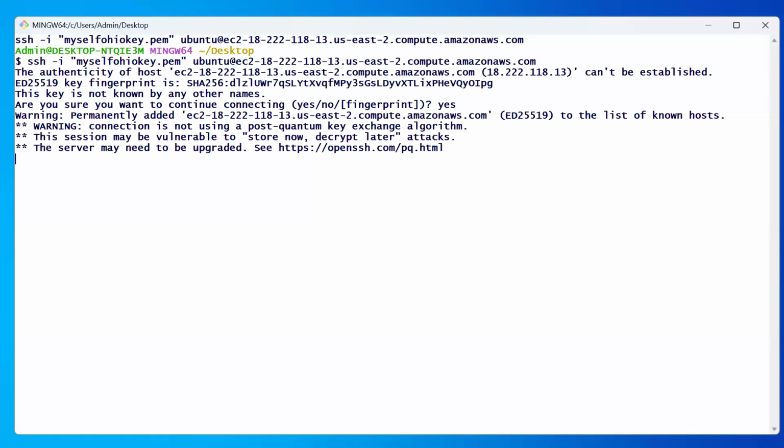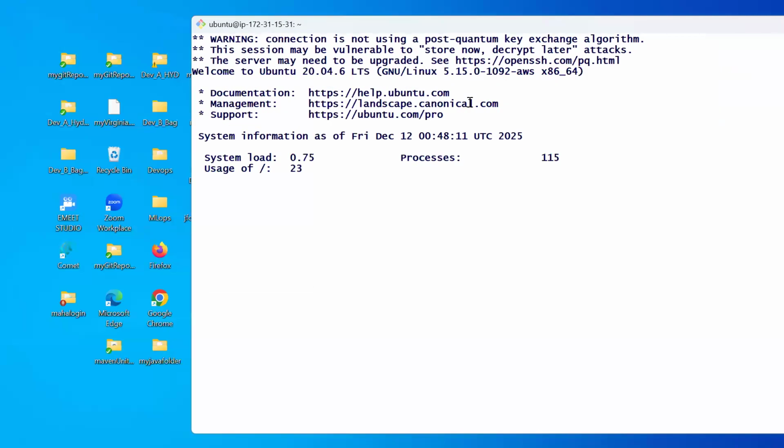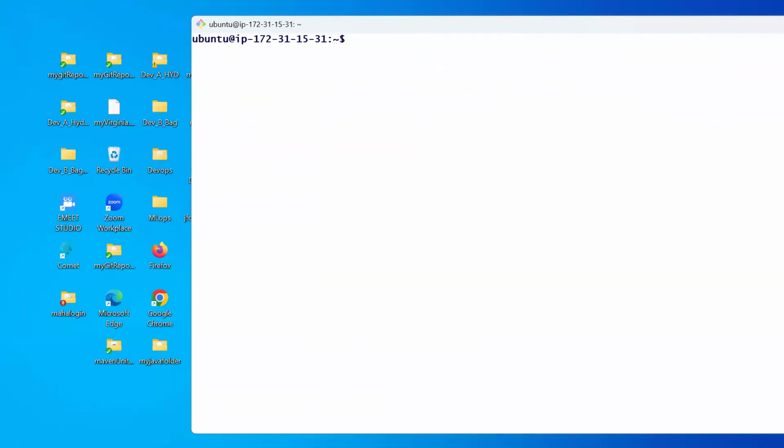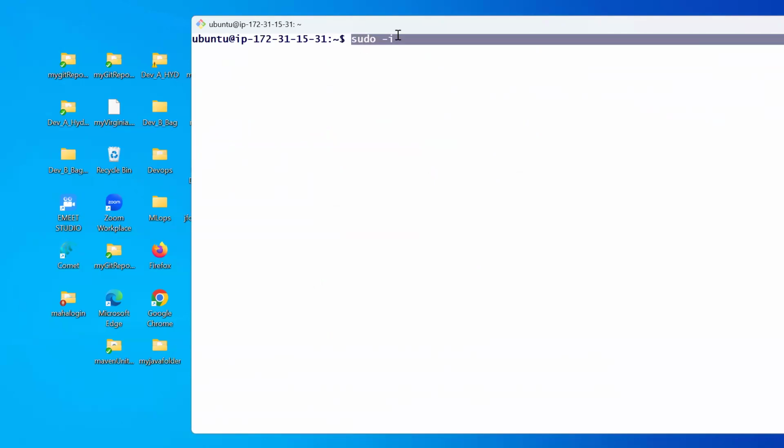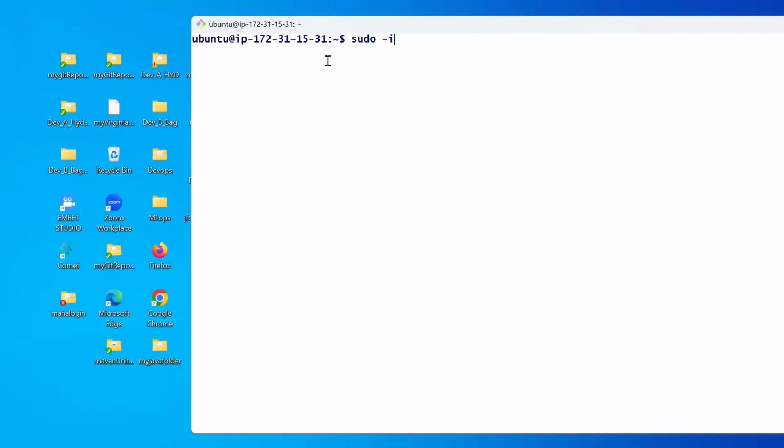Once you are in the cloud server, the next immediate step is to update it. So how to update, guys? sudo -i. What is the meaning of sudo -i? Whenever you execute this command, it will switch to the root user.